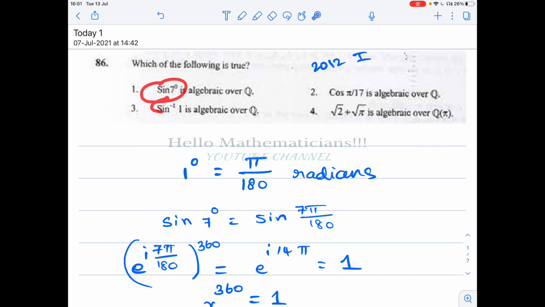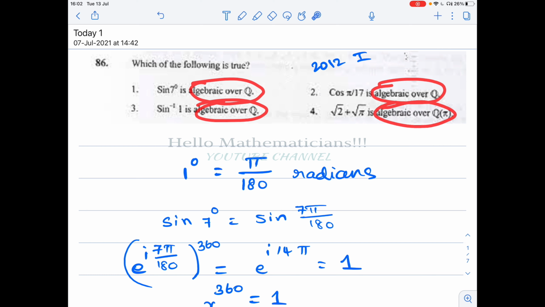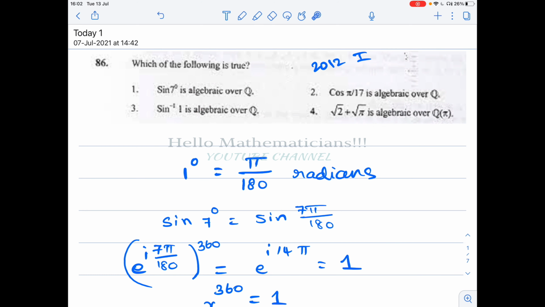They are given four complex numbers, and you are asked to say whether each is algebraic over Q or algebraic over some field or not. To approach this kind of problem, we need some very basic results regarding algebraic numbers. Once you know them, then not just these numbers, in future if they give any different number, or over a different field also, you can solve similar problems. So let me tell you those results, and it will be very useful.